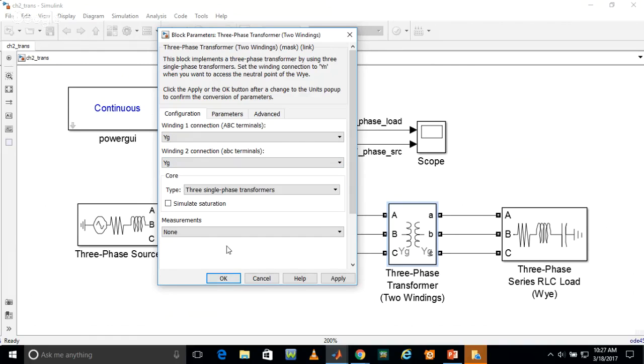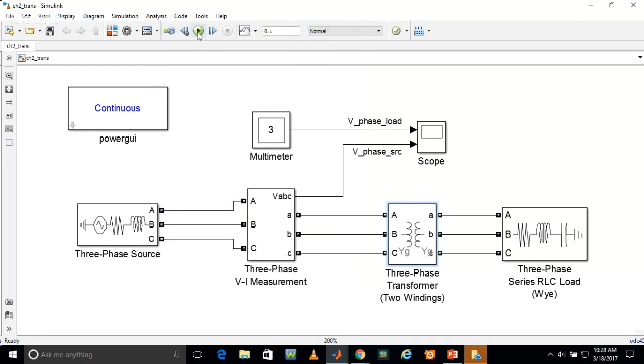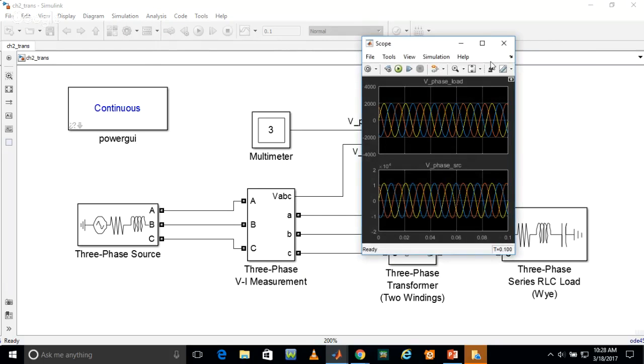So we have taken Y ground, and in the parameters we will give the values of our windings. So let's say our nominal power is 100 e to power 6 and 60 hertz, and the winding one parameter is 13,800 volt, and the second parameter is 2400 volt. Okay, so it's a 13800 by 2400 transformer. Okay, 13.8 kilovolt to 2400 volt step down transformer. So if we run this program, you will see